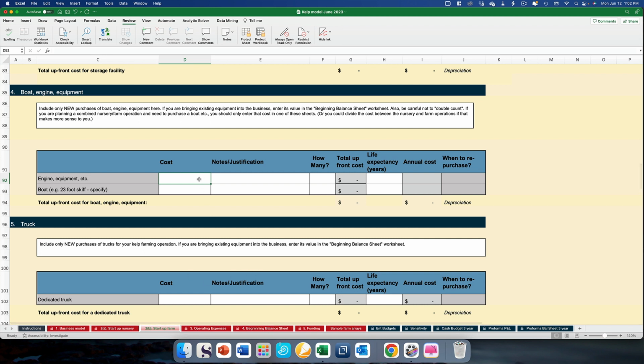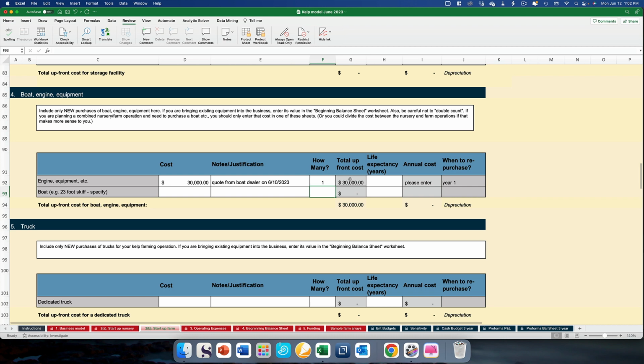So let's say that you do, in fact, want to buy a new boat. So it's a $30,000 boat, and this was a quote that you got from a boat dealer on 6/10/2023. Now, I'm going to have one boat here. When I put in the number of how many of these items I'm going to get,